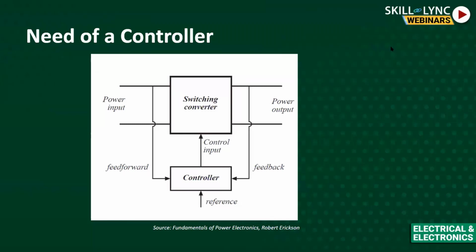That control input is from the controller, which takes the feedback from the power output, or the output voltage, basically, right? This output voltage is compared with the reference voltage and provides the error signal. The error signal is nothing but the control input, which is provided as a duty cycle to the switching converter. And in some cases, we also use feed forward to compare the current. Both voltage and current can be compared using this controller to provide the control input. More of this design will come when we go deeper into circuits. That time will come.